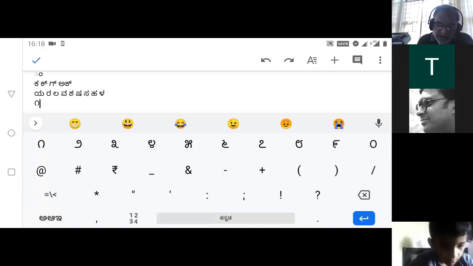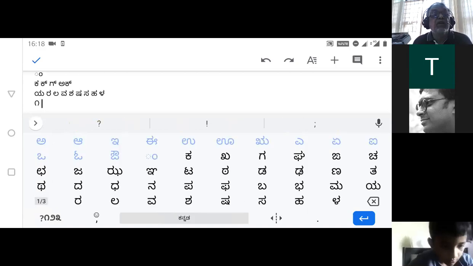See, this is how you write one in Kannada. It's very simple and runs very close to the Hindi letters, and I think the Hindi and Sanskrit numbers are the same.